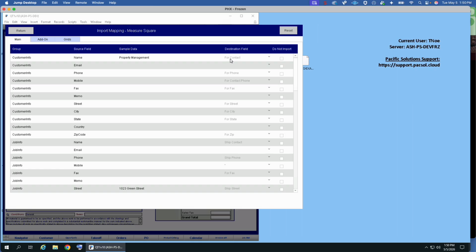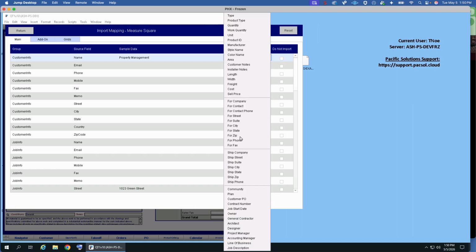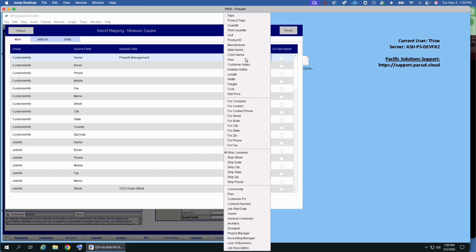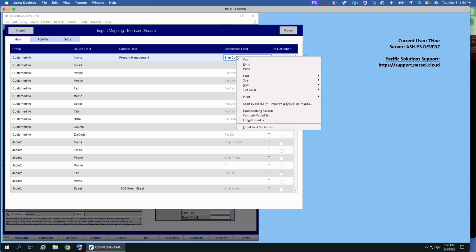Now, if you need to change where those things go in a global sense, for instance, let's just use the top value here, whether name should go to For Contact, or in this case, we would rather it go to Ship To Company Name. If that's the case, now that the map has been set up properly, when you send this into a blank proposal in the system, it will put property management in the Ship To Company Name and not in the For Contact. Now I'm going to go ahead and just clear that out,